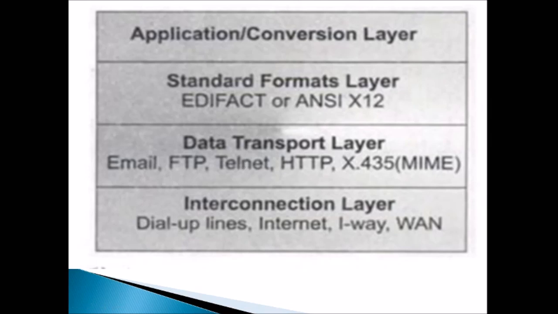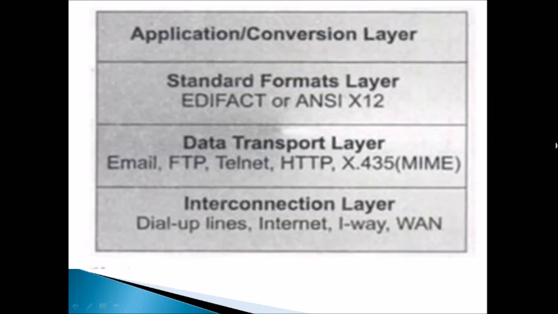And the next layer is the interconnection layer. This layer is going to make the actual path from one terminal to another terminal to transfer the information. The path can be made using any one of these: dial-up lines, internet, I-way, WAN. So these are the 4 layers involved in the EDA system architecture.